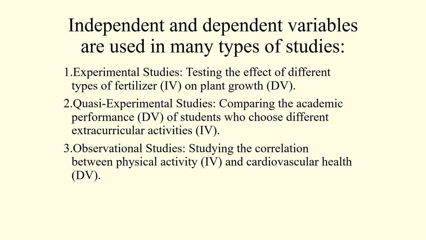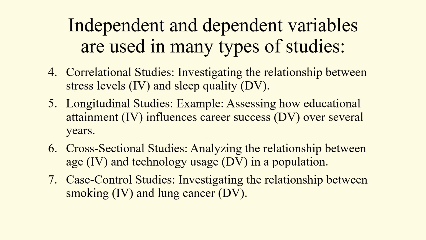These studies include experimental studies, for example, testing the effect of different types of fertilizers on plant growth, quasi-experimental studies, for example, comparing the academic performance of students who choose different extracurricular activities, observational studies, like studying the correlation between physical activity and cardiovascular health, correlational studies, investigating the relationship between stress levels and the quality of sleep,